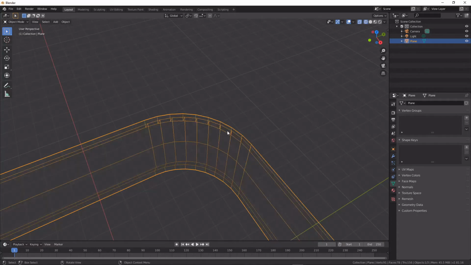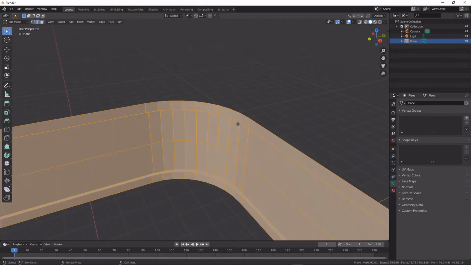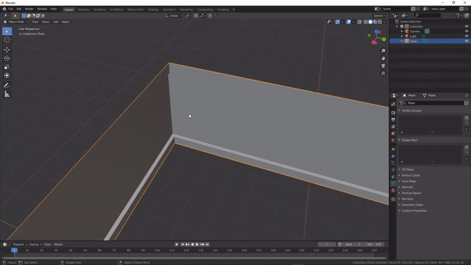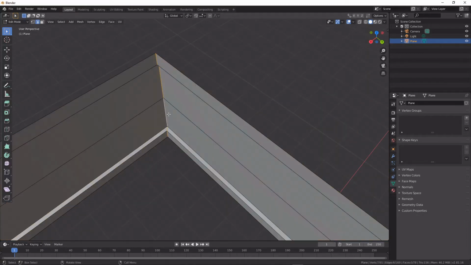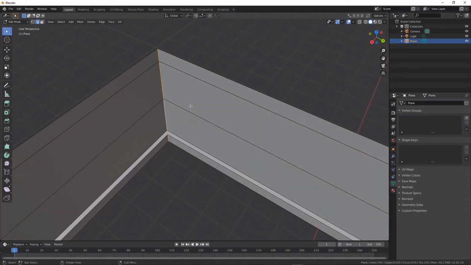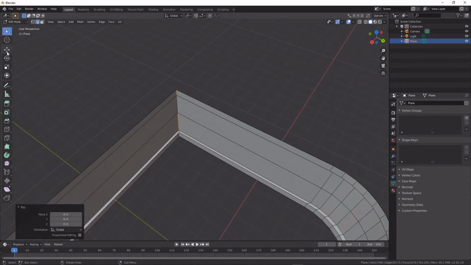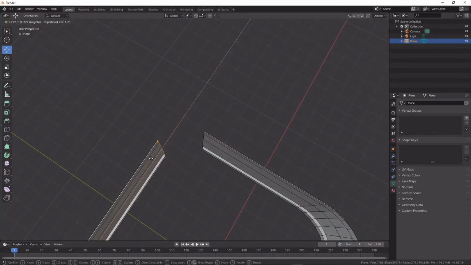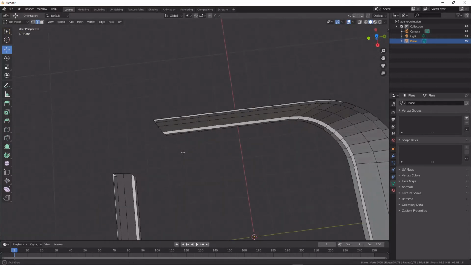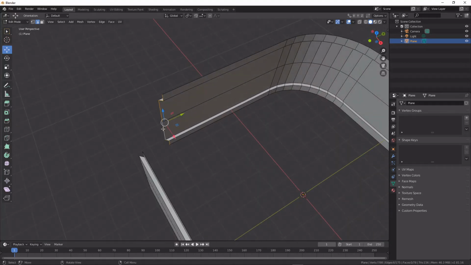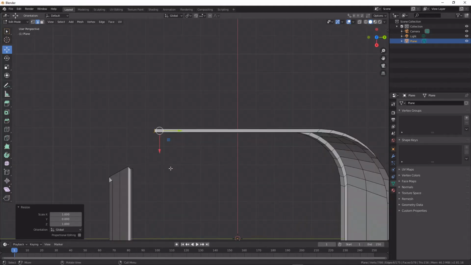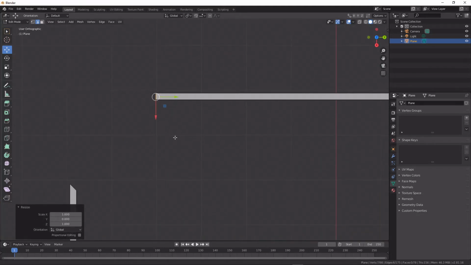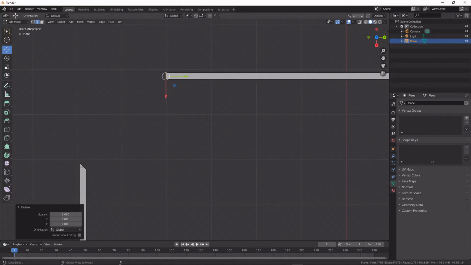And which you would want to use is dependent on what you're modeling. So we've got bevel there, and we are going to come here, and I'm just going to use the V key to rip my edge loops, and I'm going to move them over a little bit, and I'm going to move these over a little bit as well. So we've got some working room, and I'm going to scale these on the y-axis to 0, and right, we are ready to start